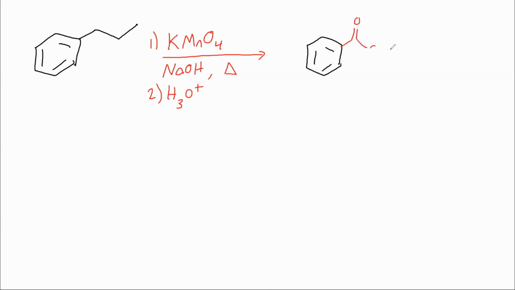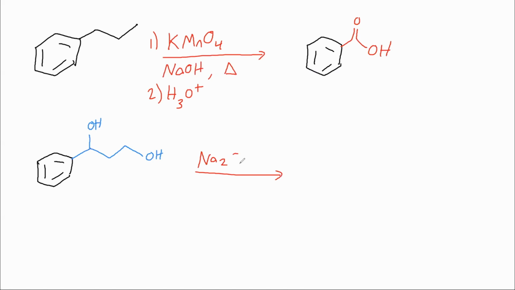So these are incredibly strong conditions, and as long as you have some sort of alkyl group on this benzene, it will become completely oxidized to this benzoic acid product. Another starting material we could use is this diol. So we have two OH groups here, one is on the benzylic position, and one is further removed on this alkyl chain. Now, if I used the Jones oxidation conditions like I described earlier, so remember that's sodium dichromate or potassium dichromate with sulfuric acid and water,